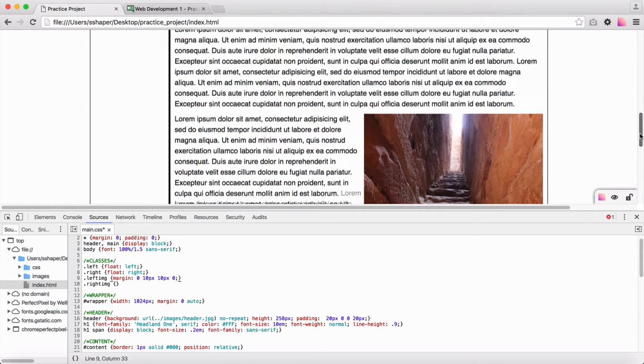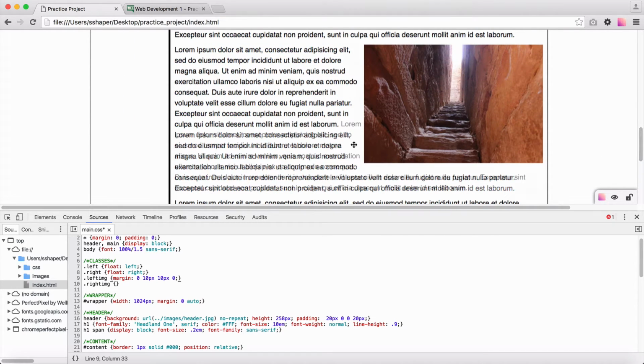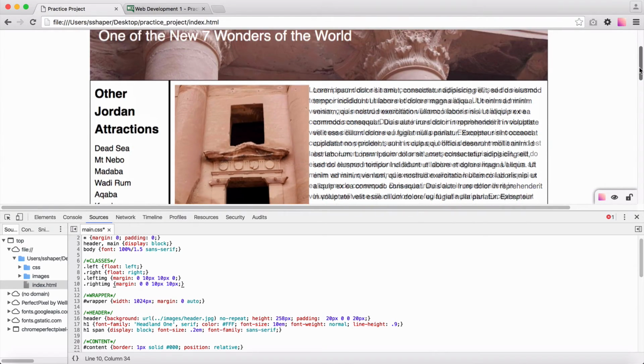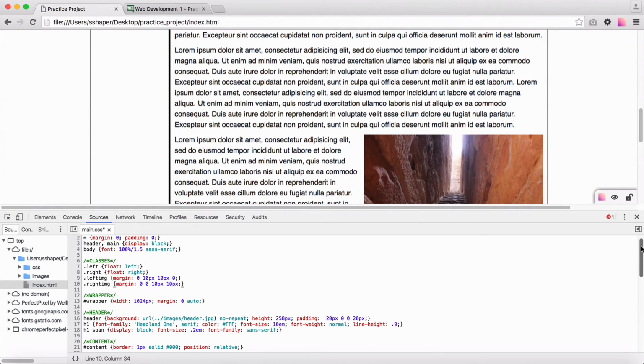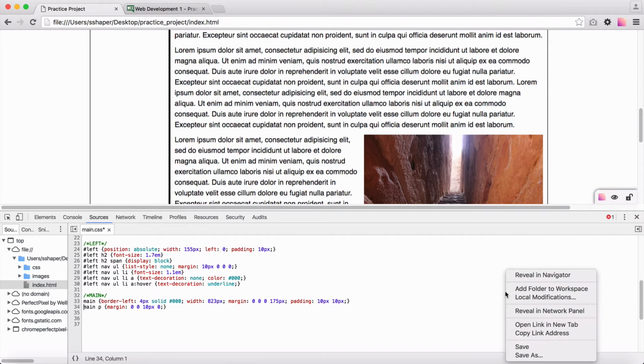Okay, so when I do this now, you can see this is all messed up. This looks like it's working out okay, but my padding's all messed up, so I've got to do something here too. So I'm going to put in a margin, and this should be 0 for the top as well. Okay, 0 for the right, 10 pixels for the bottom, and 10 pixels for the left. We're going to try that and see what happens, see if we can't fix some of this wrapping issue that I've got going on, and completely fix that right there, which we should be able to. And I'm just going to remove this altogether. Okay, so I'm going to go ahead and save my CSS,